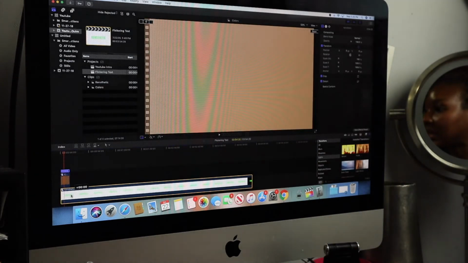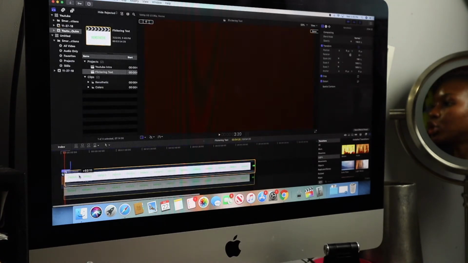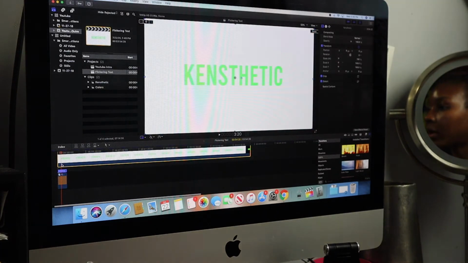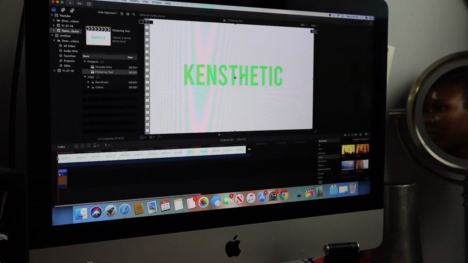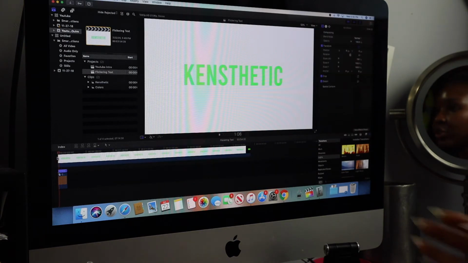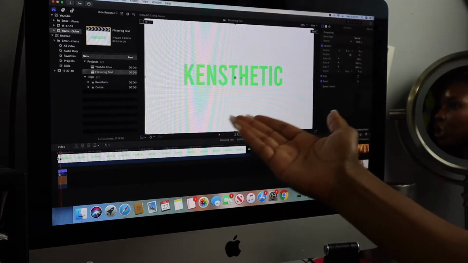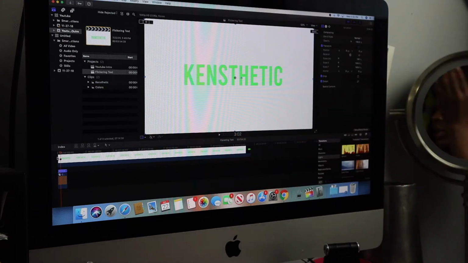If it's underneath like this, it's not going to work. So you want to make sure your text is on top of your colors. So if I play it now, you guys see that it's just showing this text. It's just showing a white background with green text. So in order to fix that, and let the colors come through,